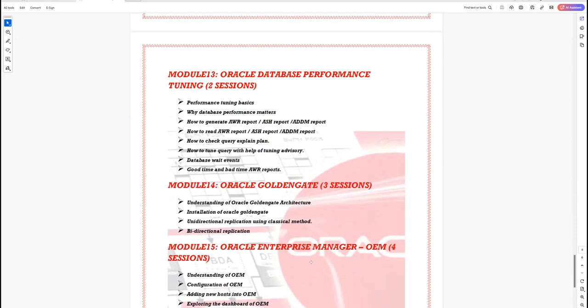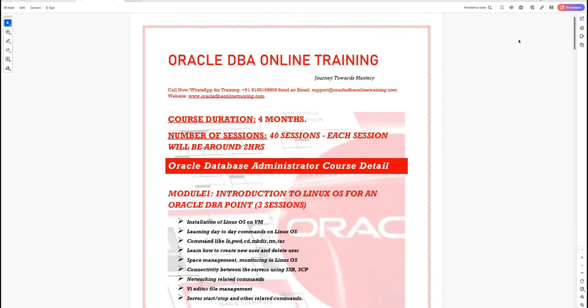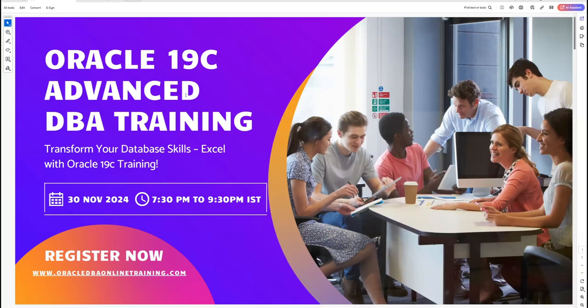So this is the best way of learning Oracle database end to end. That's why we have given this particular course the name Oracle Database 19C Advanced Training, because we are covering the advanced topics. And this is going to be a weekend batch so that everyone can get the time and learn this Oracle database skill set. If you are an India based student, the timing is this one.